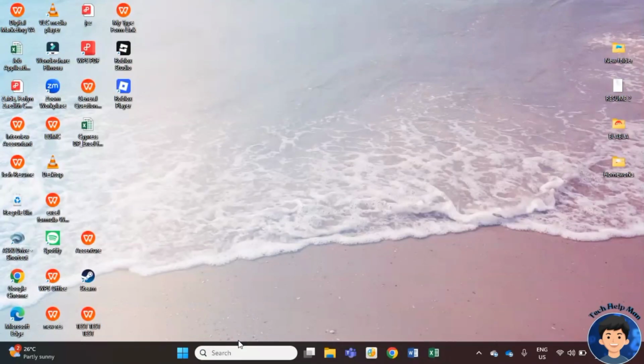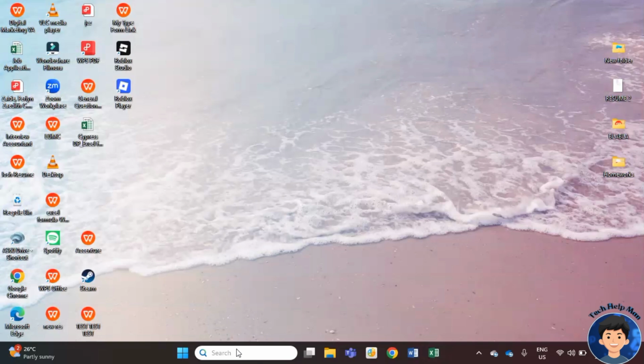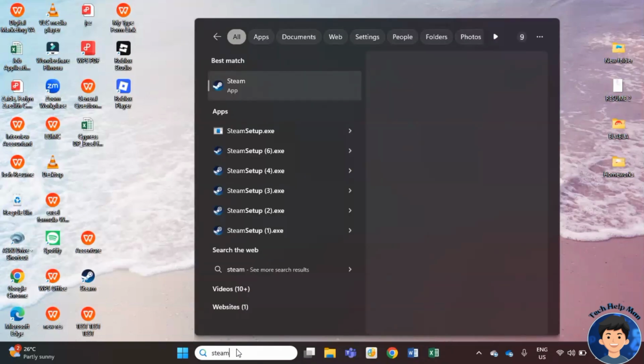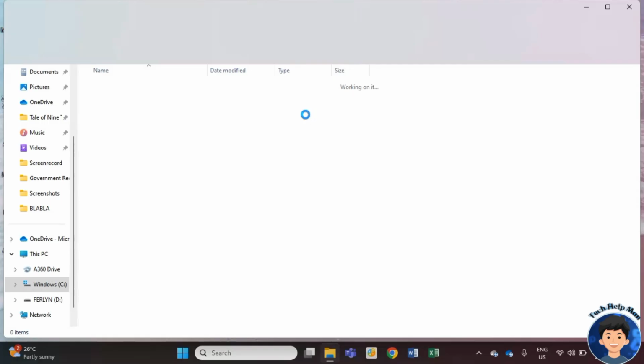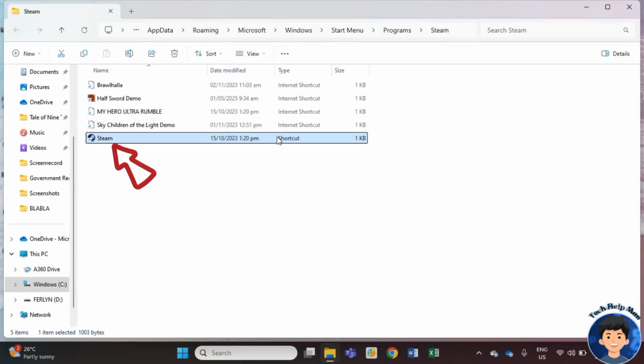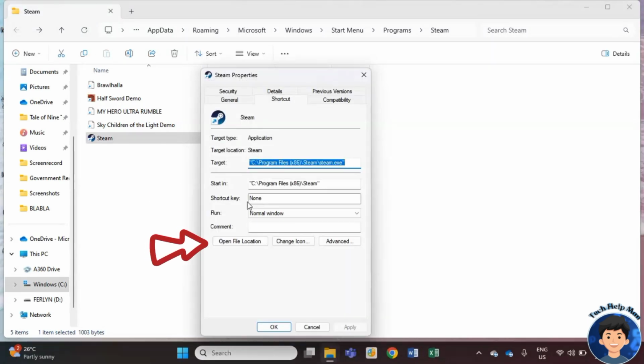In this video, let me show you how you can fix Steam application load error. On your computer, search and type Steam, right-click on a Steam app, and select Open File Location. In the folder that will appear, right-click on the Steam shortcut again, choose Properties, and then click Open File Location